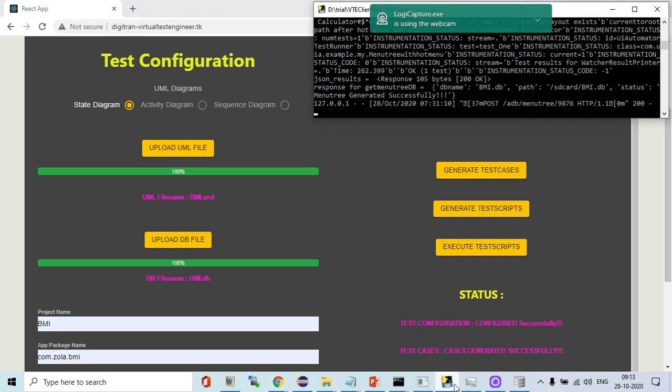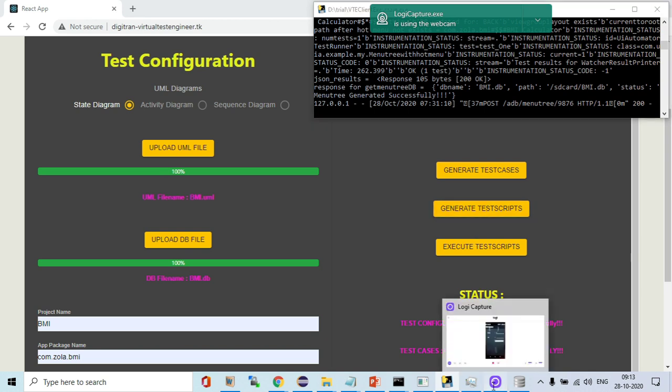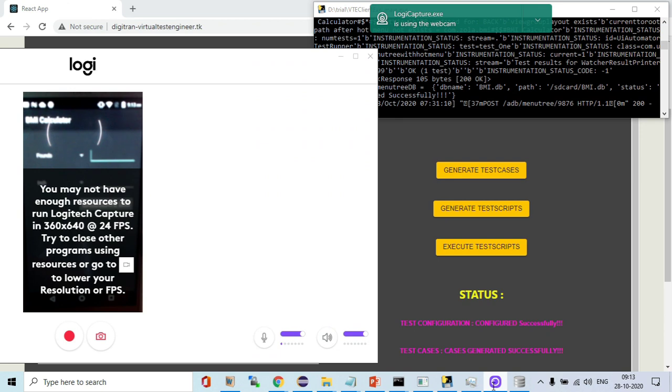For that you have to open this exe. Then the device also we have to see what is happening.